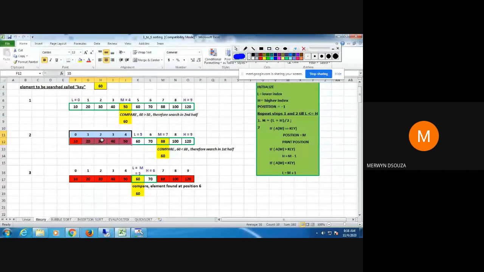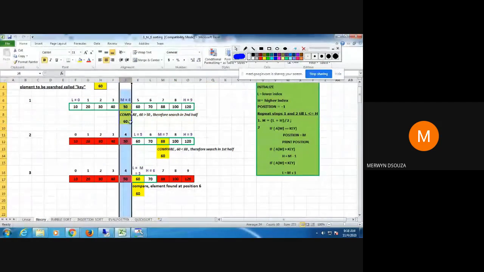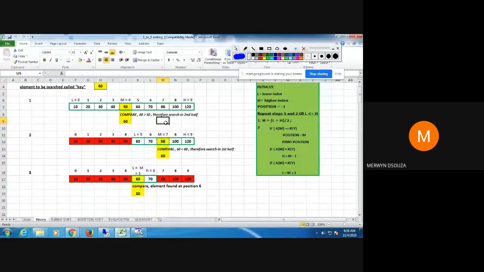We are not doing a linear search. Every time we are going to divide the array into two halves, and after every division, based on the midpoint of the division, the values on the left side of the midpoint will be less than it. The values on the right side will be greater than the midpoint value. That's why we need the elements in sorted order. Otherwise, this method will not work.